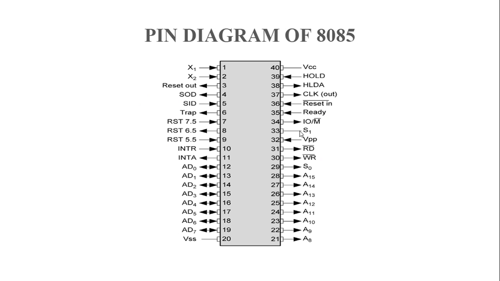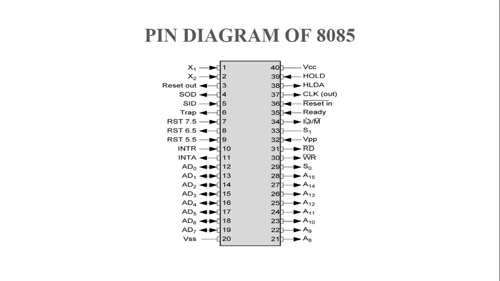So we have now covered the status pins, X1 and X2. Now going to another set of pins, that is IO/M bar, RD bar and WR bar. These are the control pins. Control signals are given through these pins. RD bar stands for reading, WR bar stands for writing, IO/M bar stands for input output or memory related operation. So all these three control signals are correlated with each other.